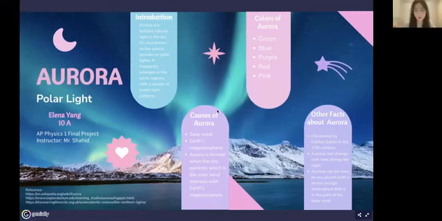There are also other facts about aurora. It was discovered by Galileo Galilei in the 17th century. Auroras can change with time during the night. Auroras can be seen on any planet with a dense enough atmosphere that is in the path of the solar wind. So this is my poster, and my presentation will also contain these 4 parts.